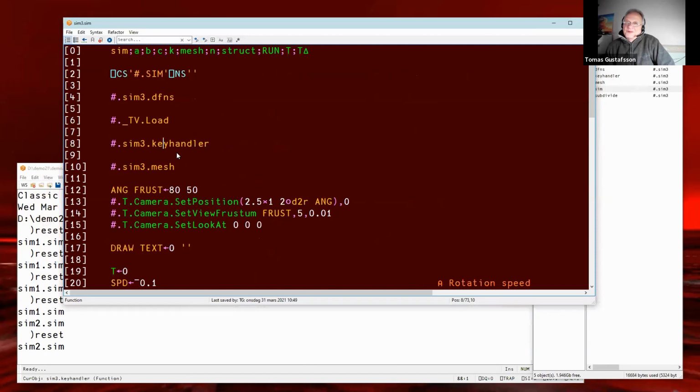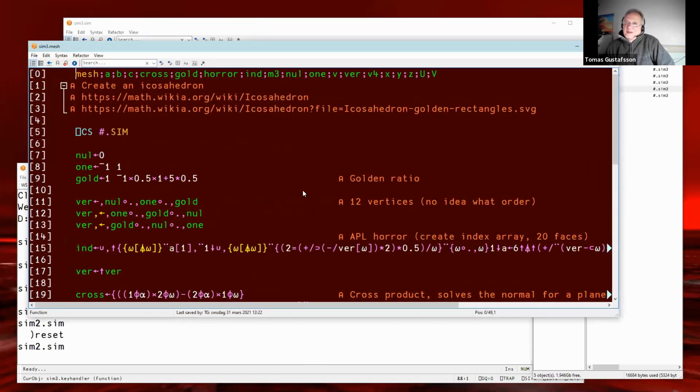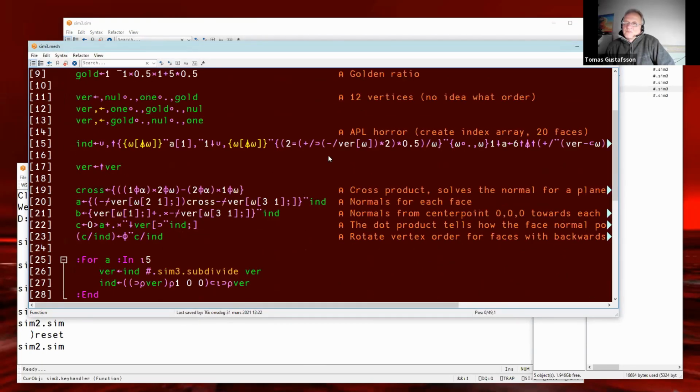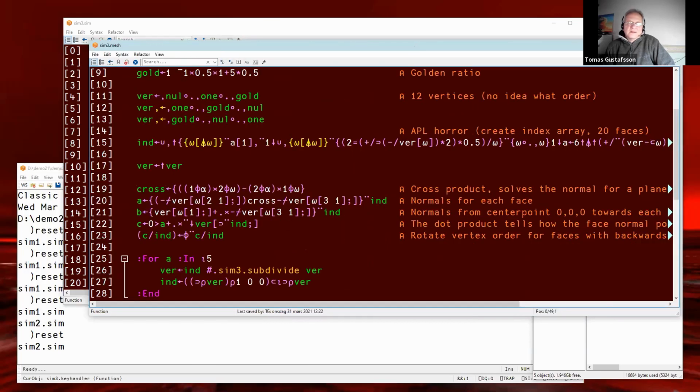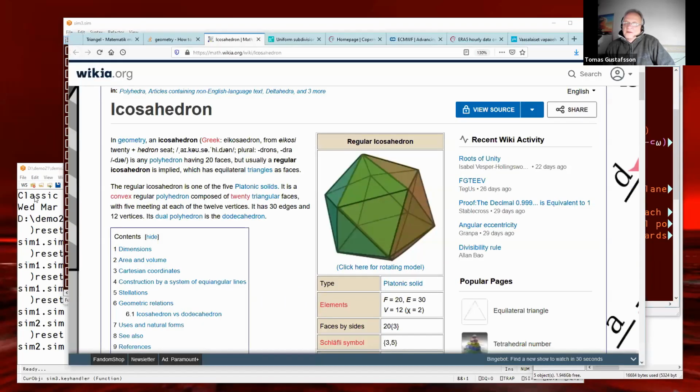Now, to resolve the orientation of faces here, I thought of one way: what if you take a point inside the object and then you calculate normals.